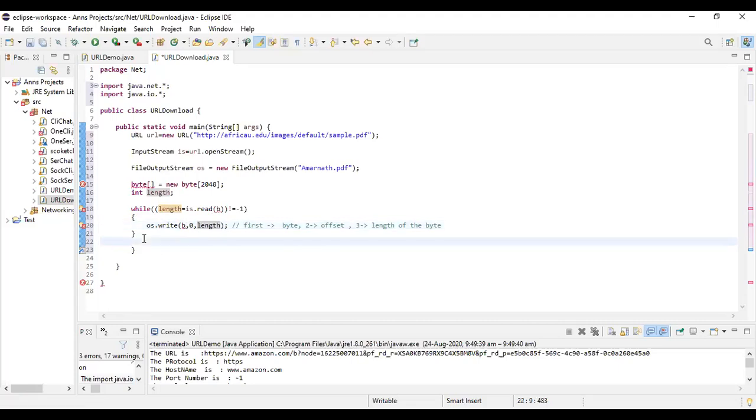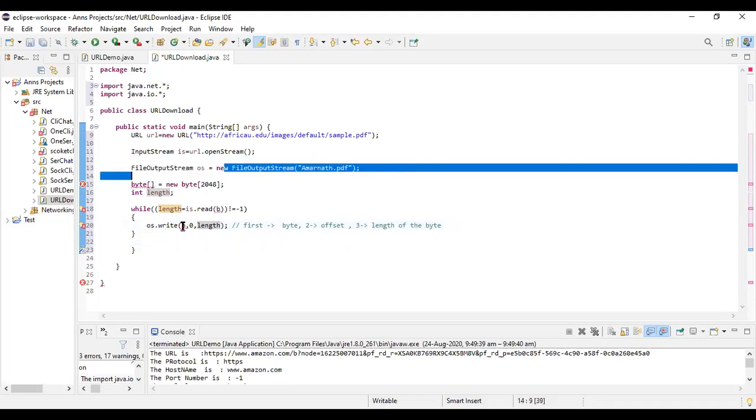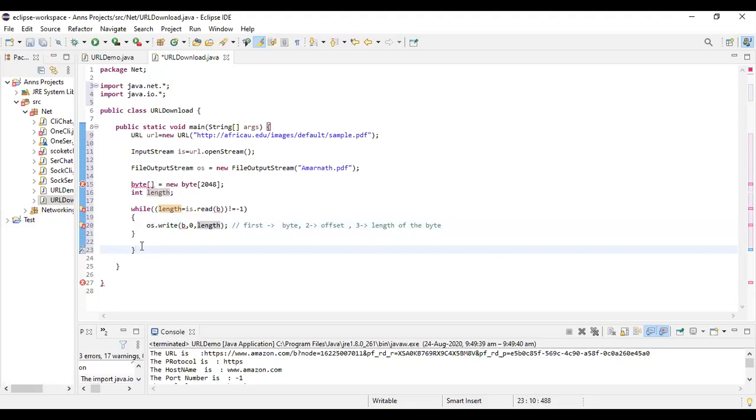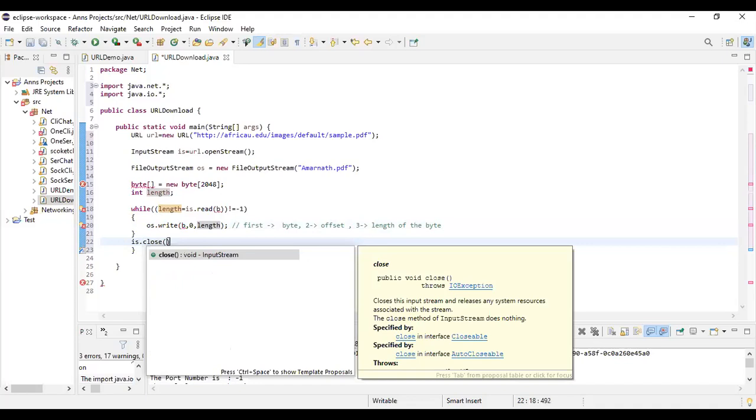Now, I've written down everything onto amarnath.pdf. Each and every byte, the correct length, the correct offset. I'll close all my streams, is.close.